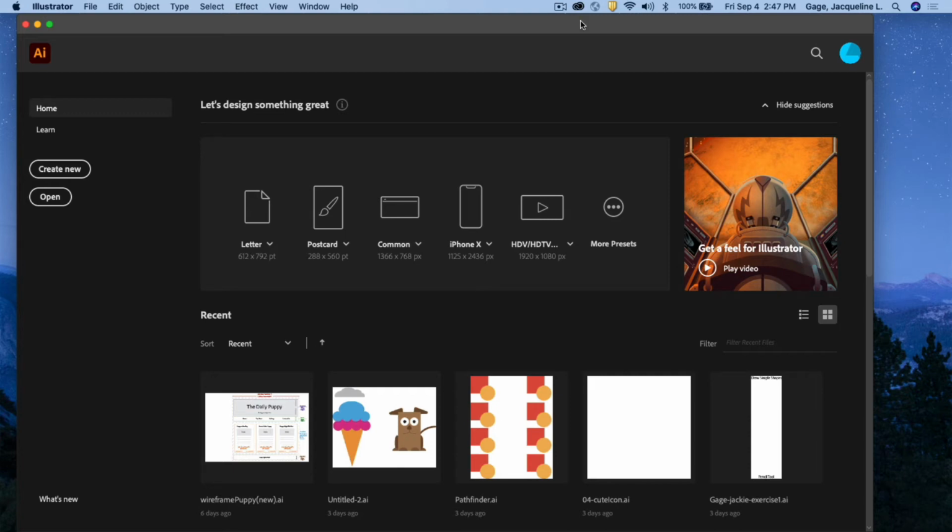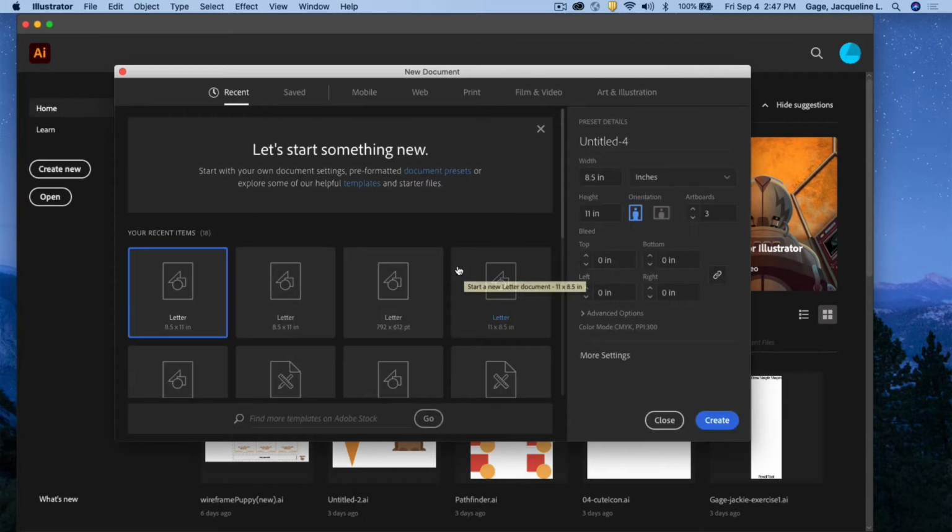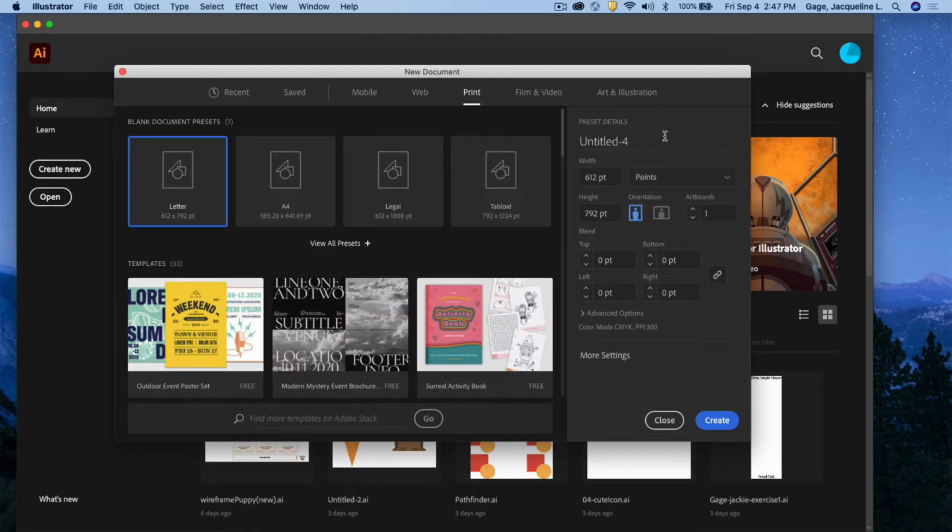Okay, this video is going to be a quick video on the Illustrator artboards. I've got Illustrator open and I'm going to create a new document. When the new document dialog box loads, I'm going to select print. I'm going to come over to the right hand side here and select the unit of measurement